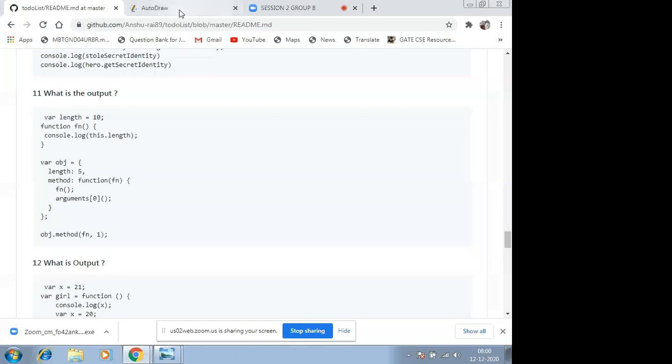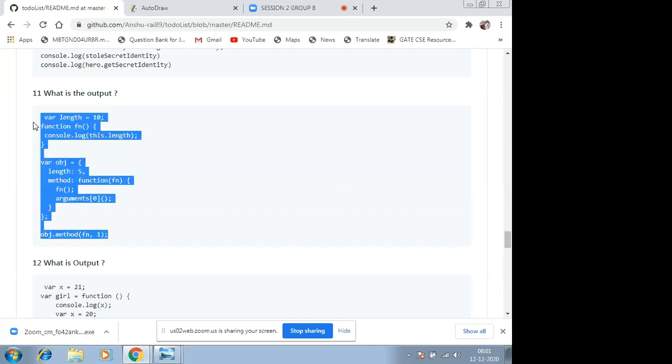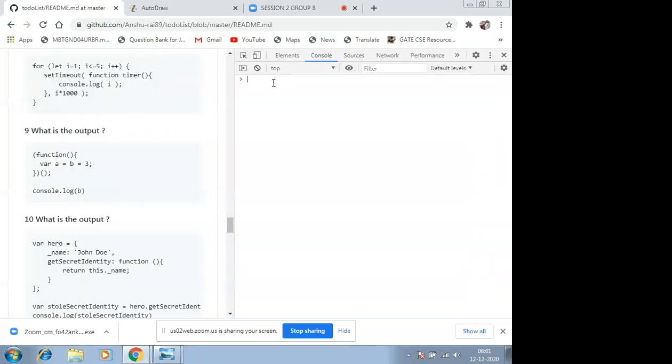Okay, so no issues. As we have already discussed, inside a global function, this is mapped to the global window object. At global level we have a variable named length, so this will print 10, and that's why the first answer printed is 10. But the second was coming a bit strange, it was printing 2. So let's see the output again and figure out why it is doing so.